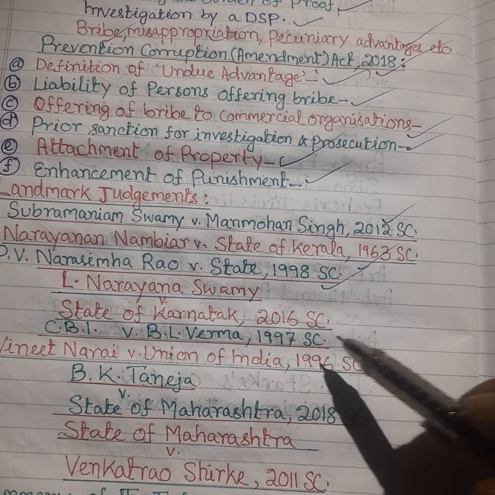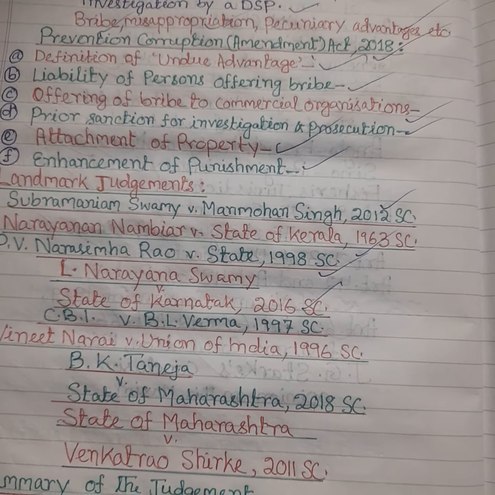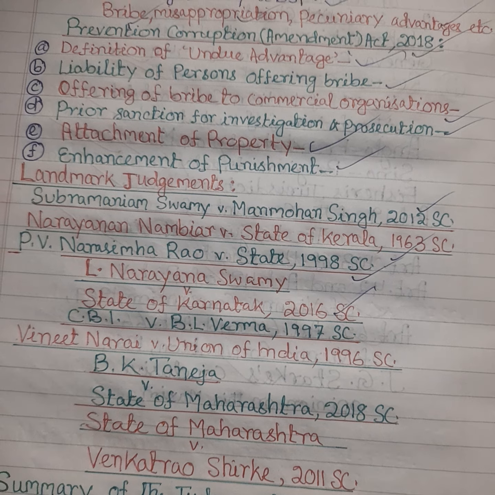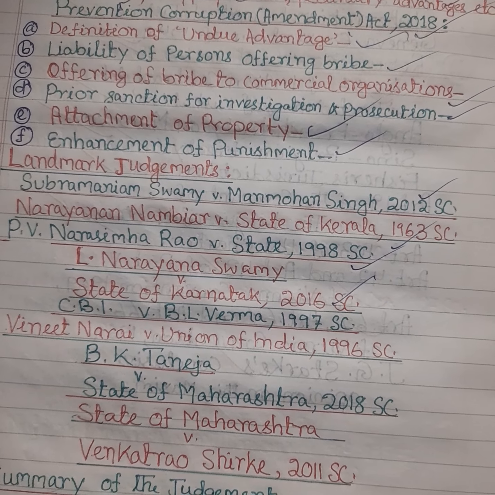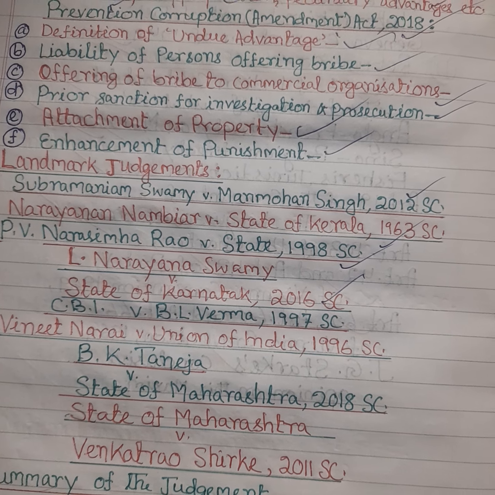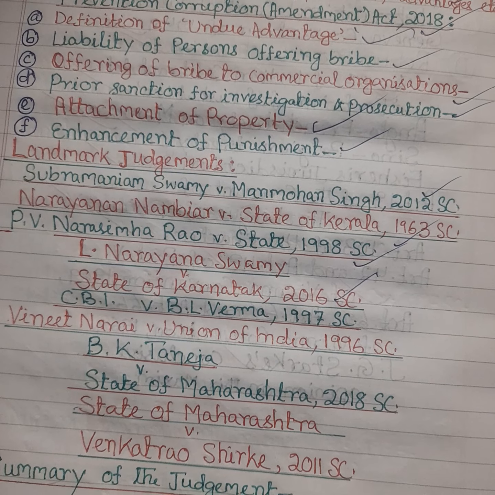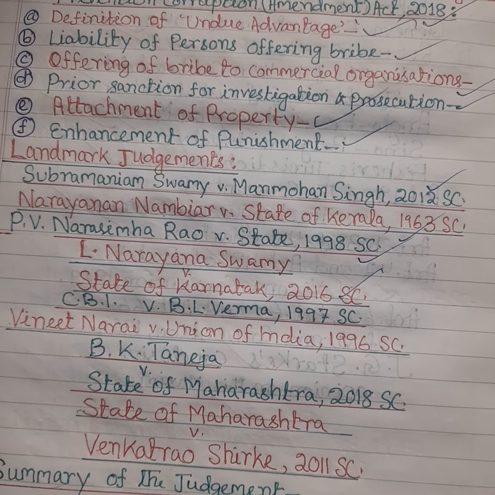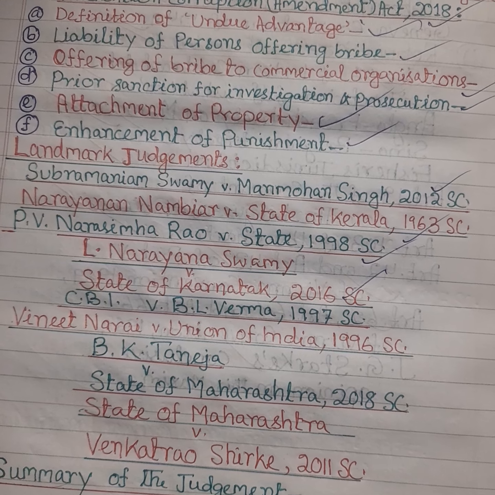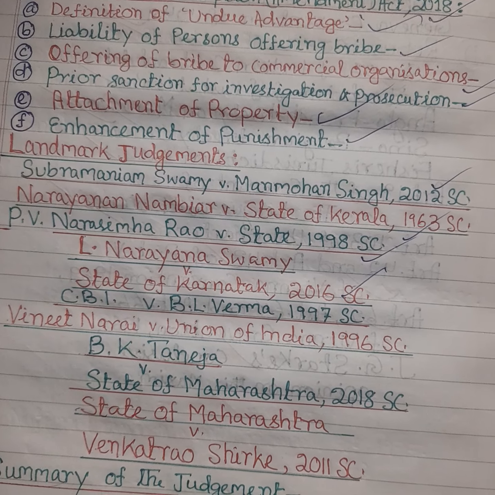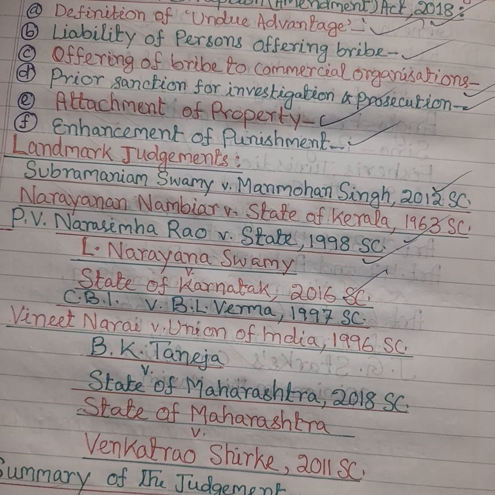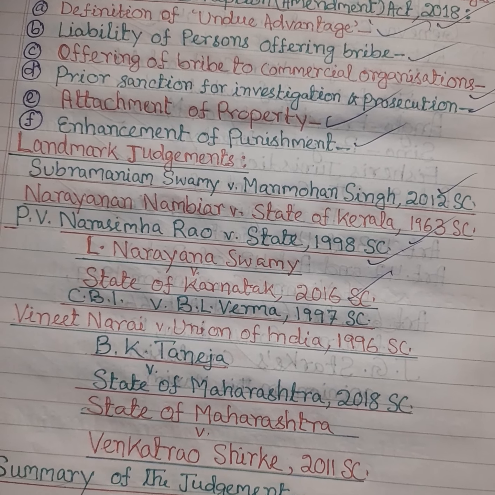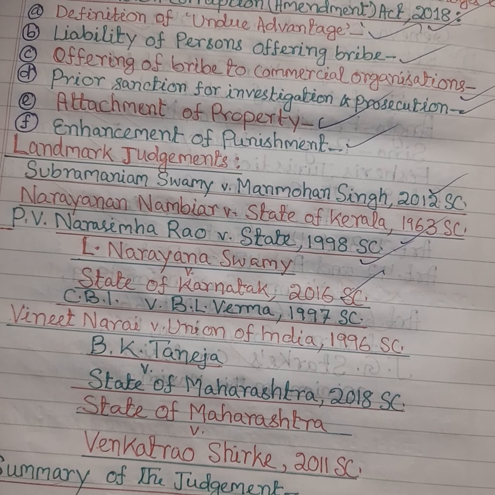Narayan Swamy versus State of Karnataka, decided by the Supreme Court in 2016. In this case, the Supreme Court ruled that a public servant can be prosecuted under the Prevention of Corruption Act even after their retirement for acts committed while in service. This judgment reinforced the principle that retirement does not absolve public officials from being held accountable for corrupt practices during